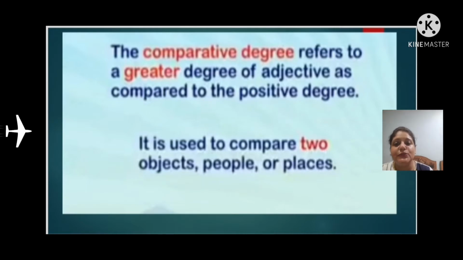It is used to compare two objects, people or places. Children, it is very important to remember that comparative degree is the comparison made between two objects, two people or places.